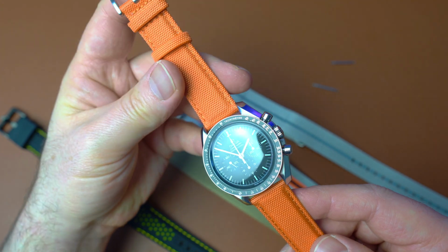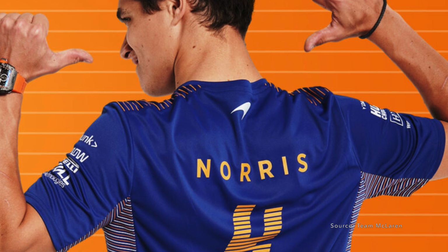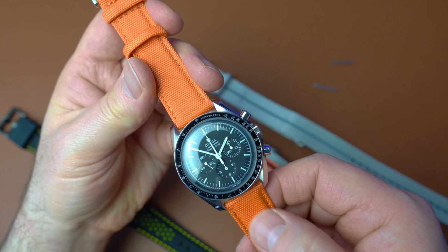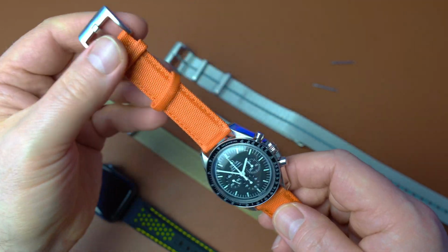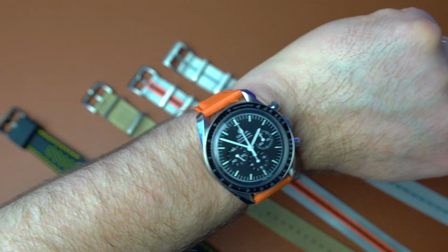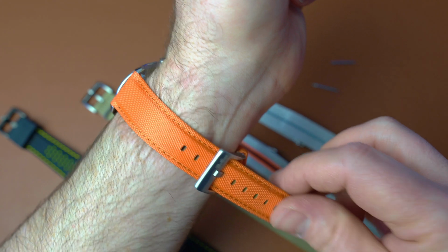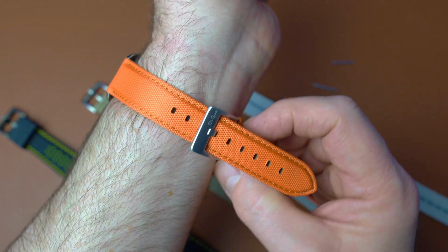Now my son is a massive Lando Norris fan, so he's a big supporter of McLaren Formula 1. So I think he's not having the watch, but I think there might be an old watch that I've got that's 20mm that this strap might go quite nicely on. Now, colour aside, actually it doesn't look too bad. This is really stiff. I'm not going to say like cardboard because that's disrespectful, but